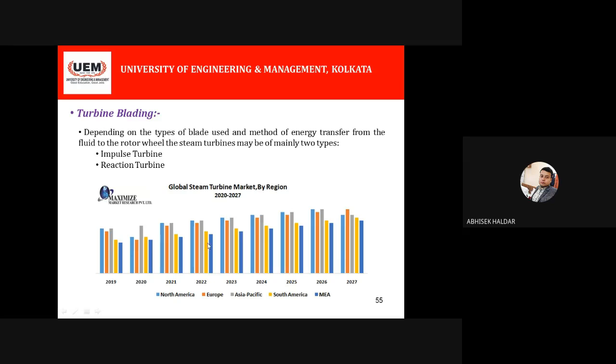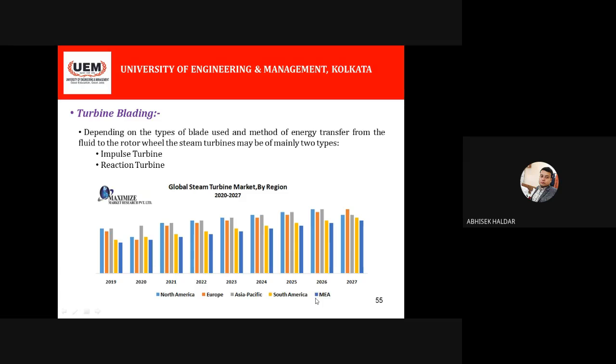That means India and these types of Asian countries will not see, in the upcoming 5 years, any such drastic change in renewable energies. Some renewable energies will take the market, but not now, not in the upcoming 5 years. Yes, some developments will be there, some solar parks and all those things. But the steam turbine market clearly tells us that there is still a huge demand for steam turbines.